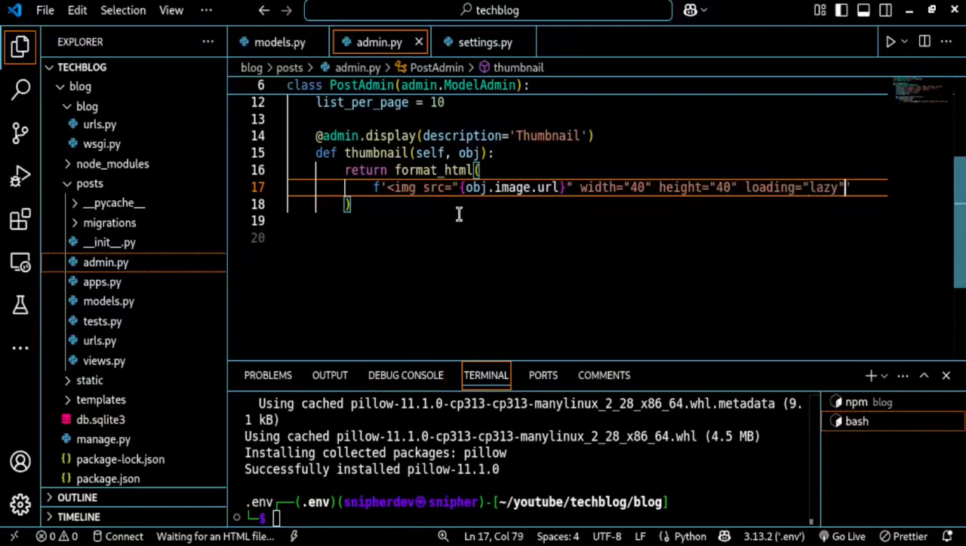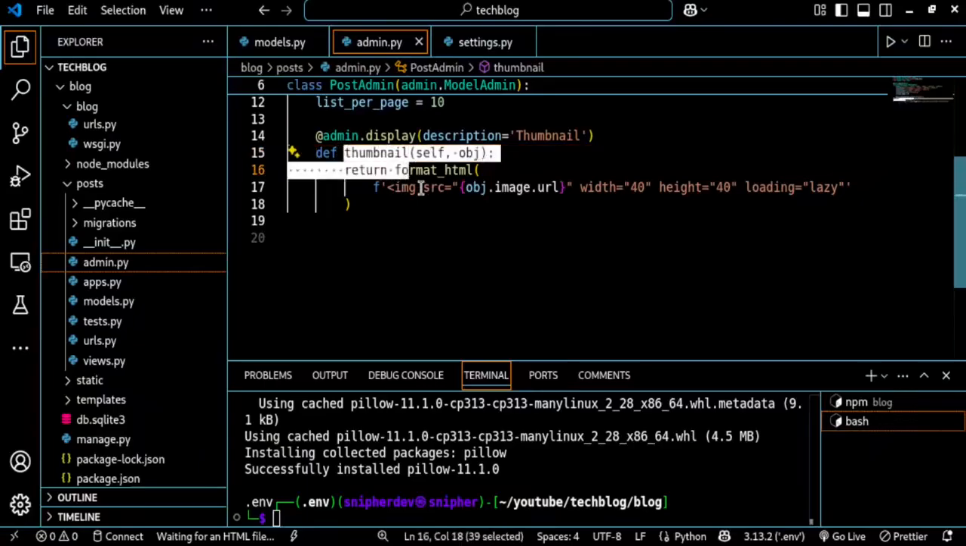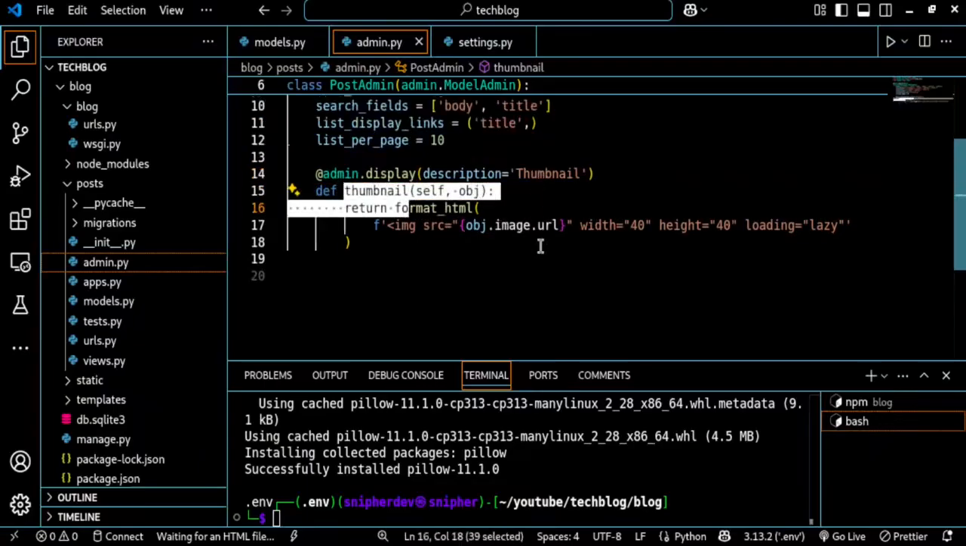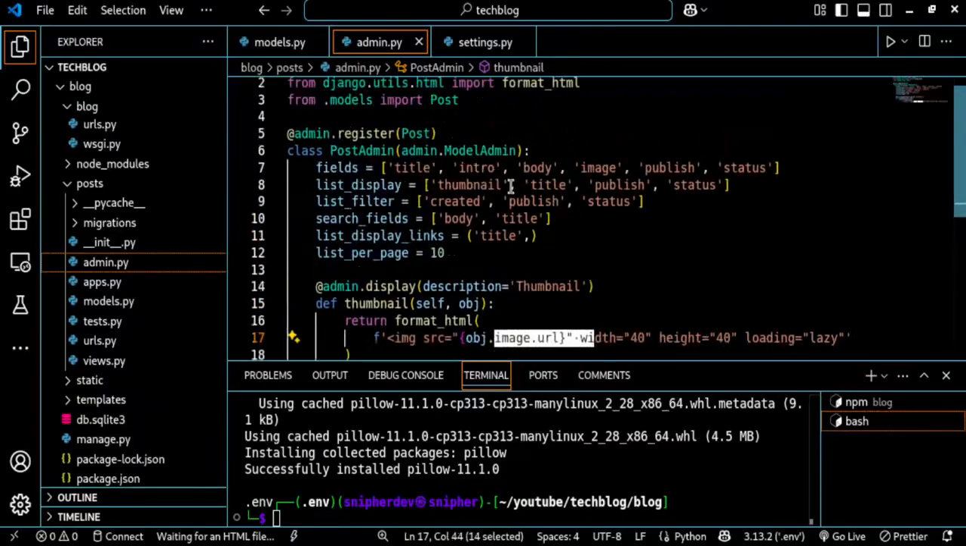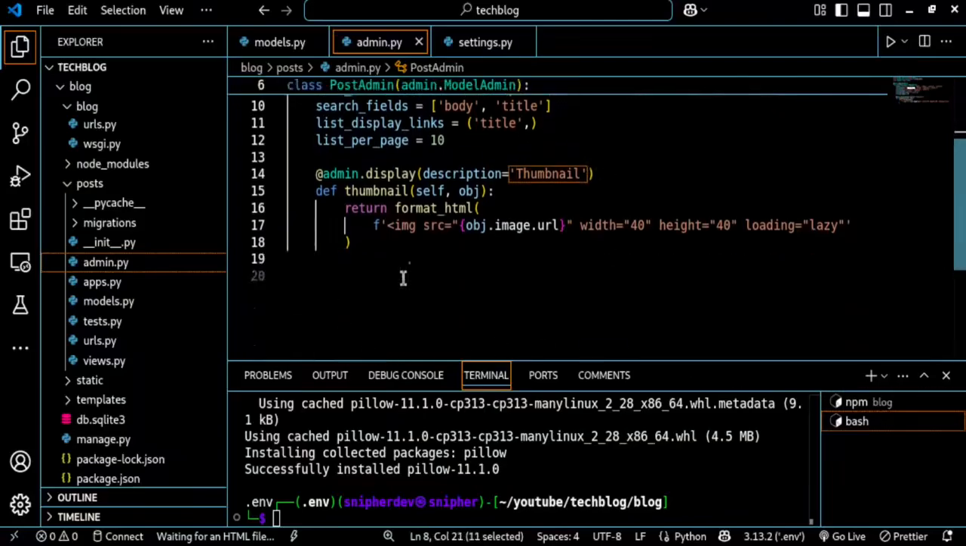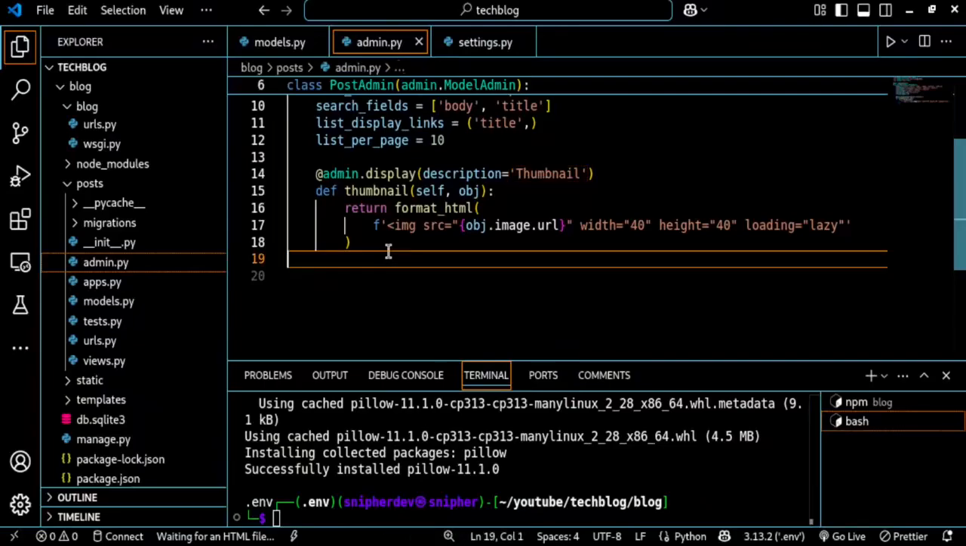Okay, so that is it. This thumbnail function will generate the thumbnail of that post based on the image that was uploaded. And then we are using that thumbnail in our list display. Now lastly, we need to override our save model to automatically generate the slug from the title if the